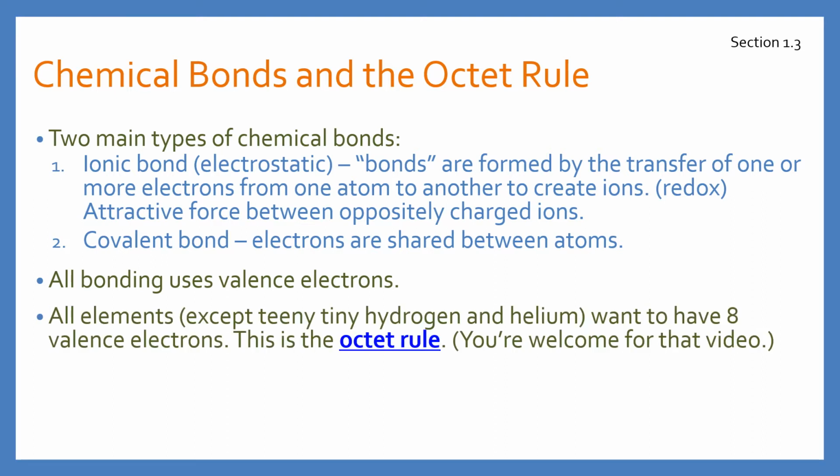All elements except for hydrogen and helium want to have 8 valence electrons, and this is where the name octet rule comes from. There's a video that's linked here, not on this video, but if you open up the PowerPoint,